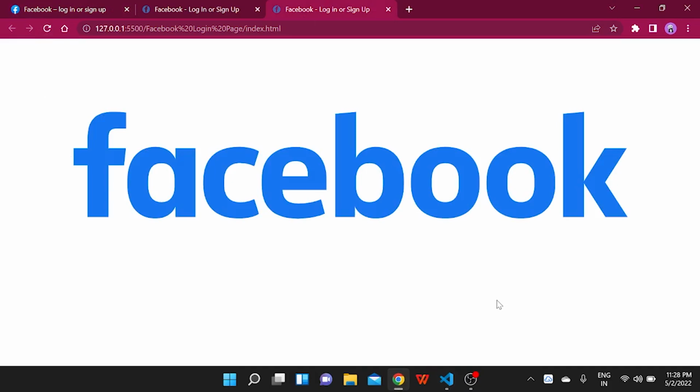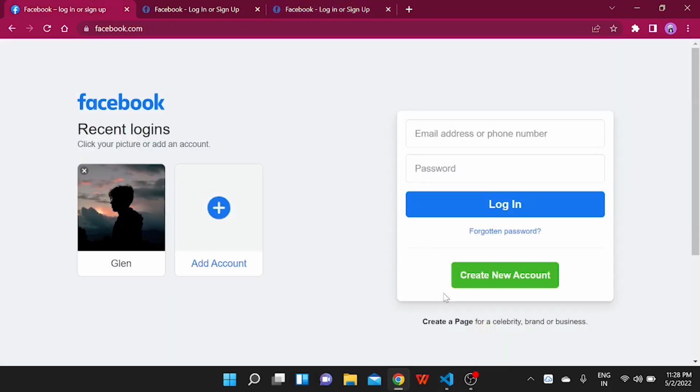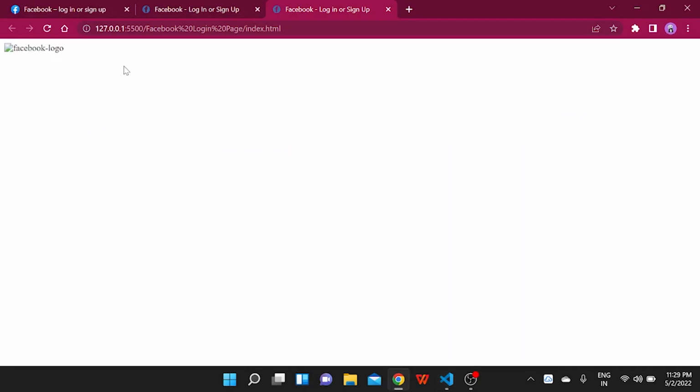Although it is a bit out of proportion, we will be fixing it later when we get to the styling part. For now, let's just add all the elements that are present over here and then we'll style it accordingly to how it looks. Now, after the logo,